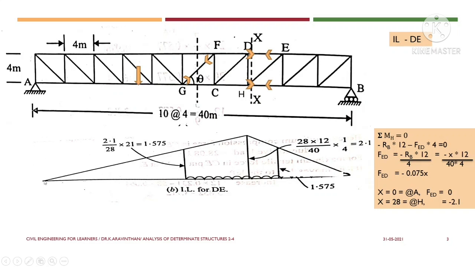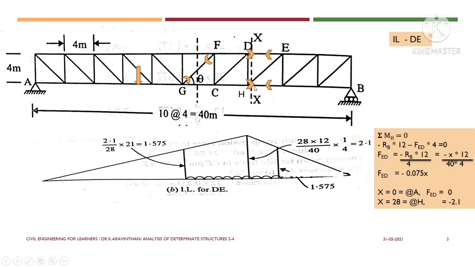So this is the peak of the ordinate where you will be getting the maximum intensity. So I can join from 0 to this highest ordinate. After that, automatically you will be getting the next part. If you want to calculate manually, you can calculate and check. You will be getting the same 2.1 if you are taking this load at right hand side and considering the left hand panel. So we got an influence line which is in terms of negative. Negative in this sense means this is compressive force. The influence line is purely in terms of compressive force. Now we have drawn the influence line for the member DE.